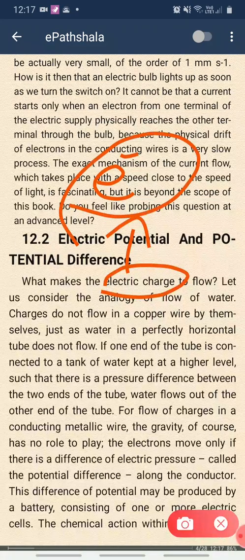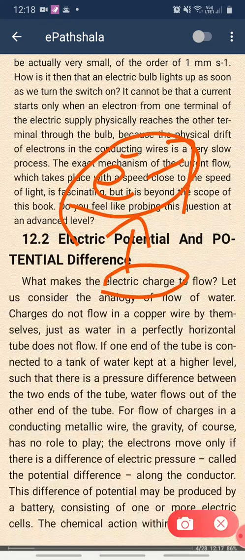Now how will they flow? Will they start flowing on their own? Let's say you take any conducting material, let's say copper. Will it start producing electricity? Will the flow of electrons take place directly? No, there needs to be some pressure, some driving force that will cause the electrons to start moving. The outermost shell electron, which is loosely held by the nucleus, has to be knocked out so that it moves to the next atom, and that is how the charges flow and cause electricity to be produced.